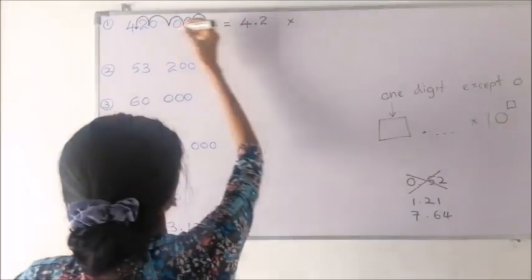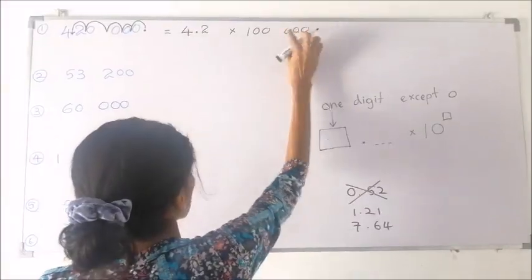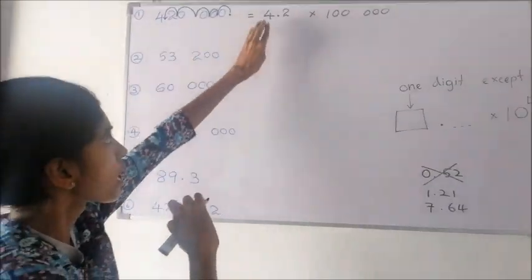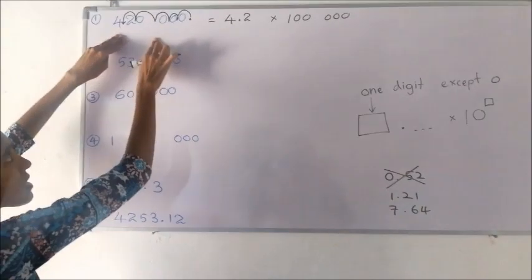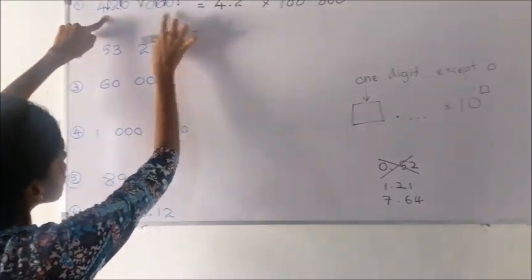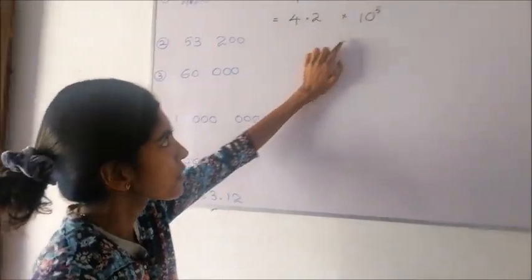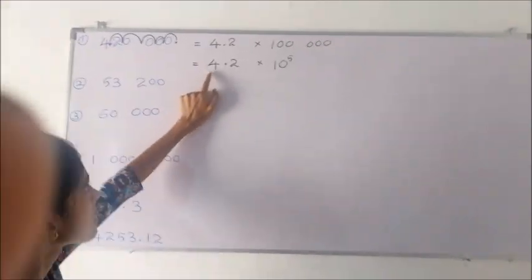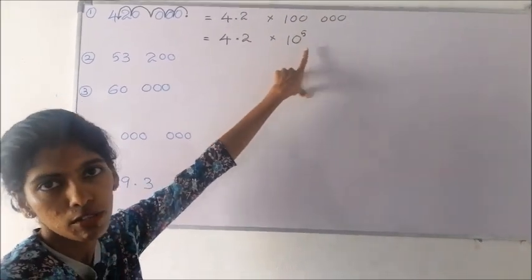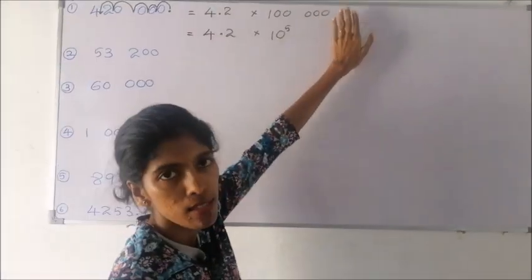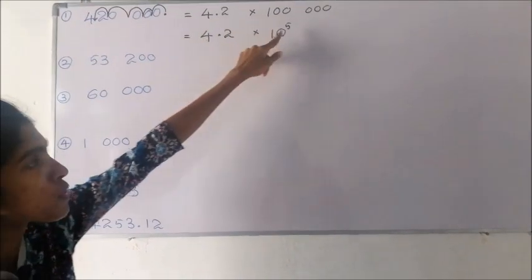And here, except this, I can write this 1, 2, 3, 4, 5. What have I written here? When we multiply 4.2 by this 1 lakh, we can get the same answer, right? See, after the decimal point, instead of all the digits, I have placed zeros there. So children, finally we can write the final answer as 4.2 times 10 to the power 5. Here how many zeros are there? 5, no? So 10 to the power 5. It's not compulsory to write this step. You can count the number of times that you jumped, 1, 2, 3, 4, 5. So write it as 5.